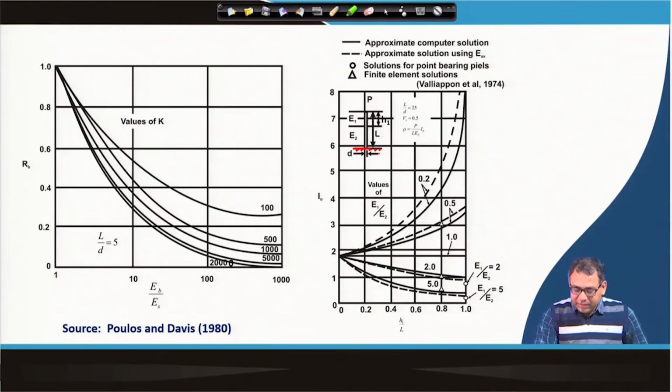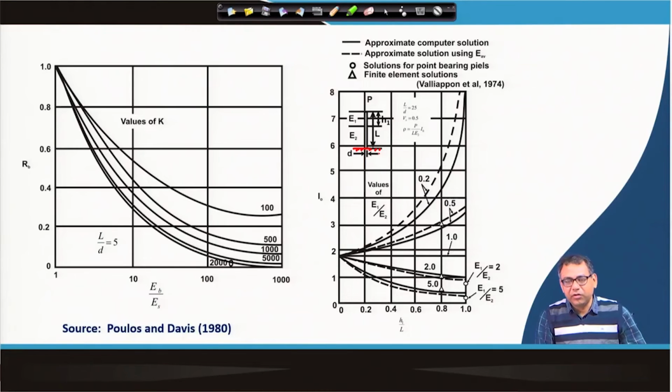This way also you can determine the I0 for layered soil. After that, the same way you have to apply the corrections as we are doing for the uniform soil. So, one option is you use different E1, E2 values and then calculate the I0. Another option is you take the weighted average and use the I0 value for using the uniform soil concept. So, if you do not have this chart for layered soil, you can use the average value and use the